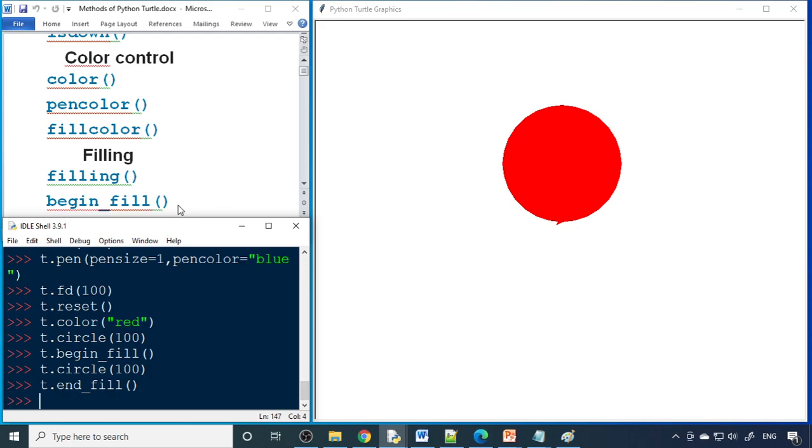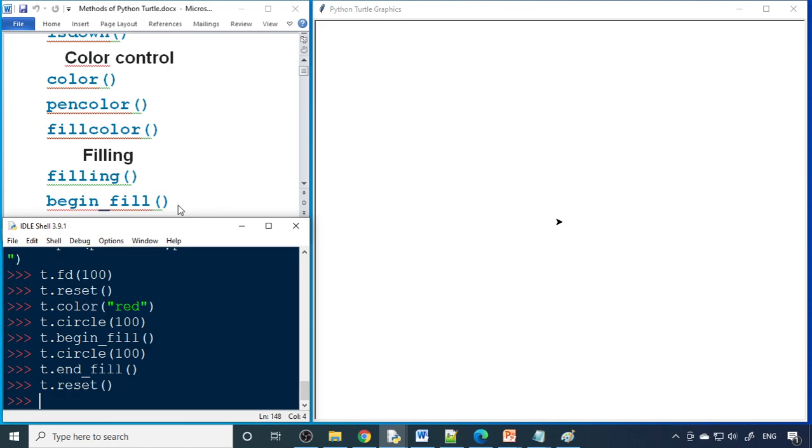And if you want a different line color and a different fill color, then let's reset. So t dot pen color. We can also use the hexadecimal. So FF, RGB, that is red. So the rest of them 00, that is red color. Then fill color.